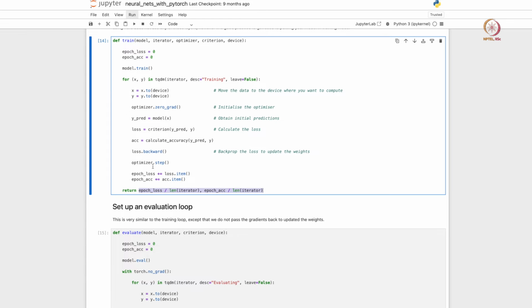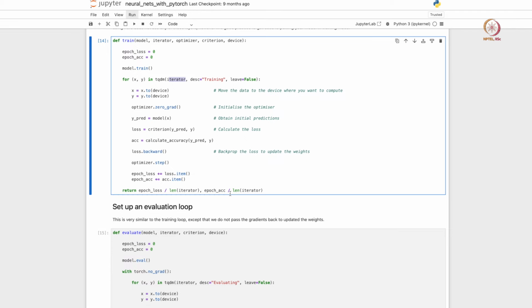So this is for one iteration of the data, right. We are passing in an iterator here. Let's say you have 100 batches of your data. For each batch you accumulate the losses and also accumulate the accuracies, and then towards the end, for one epoch, you will have had 100 iterations. You normalize the loss and normalize the accuracy and return those as the loss and accuracy values for that epoch. So if you do 100 iterations, meaning 100 batches of 64 data points each, you accumulate the losses and accuracies over the 100 and then take the average at the end. That is what is being done at the end here.